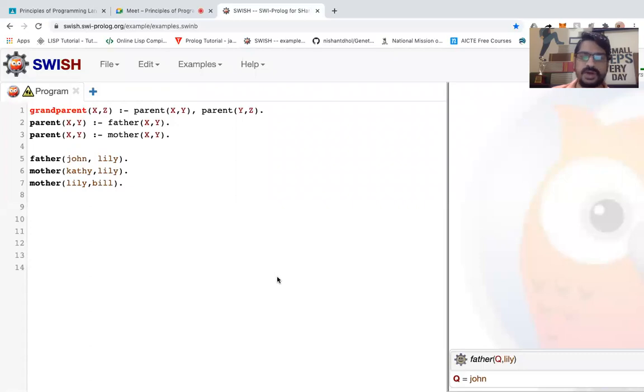Now it is not only for that purpose. We can use logic programming for different purposes also. And once you understand it, it is very easy to write your own program.